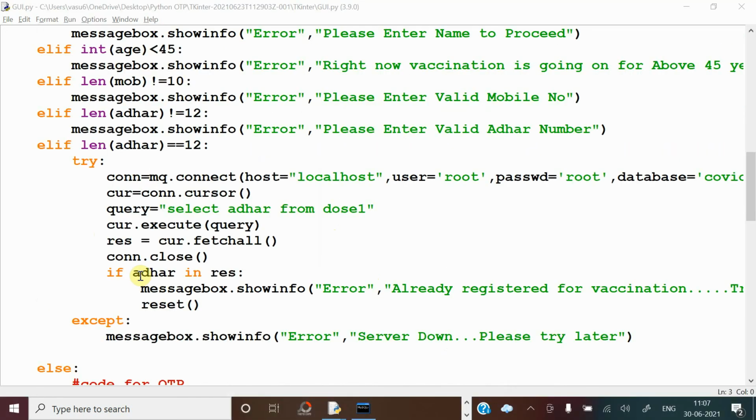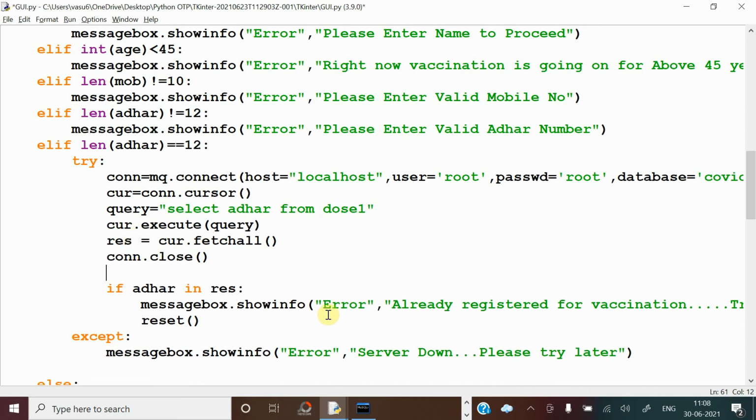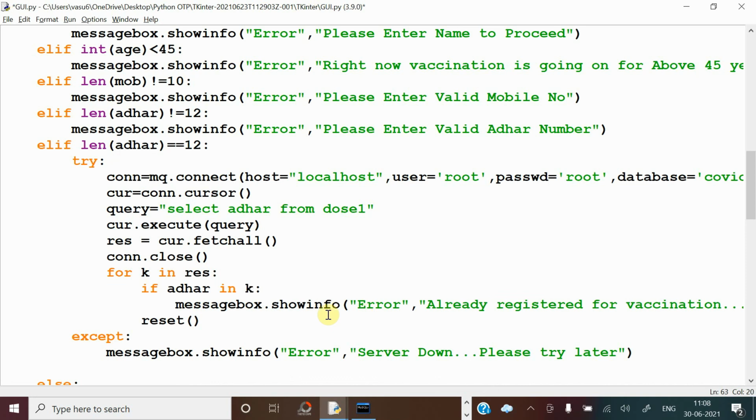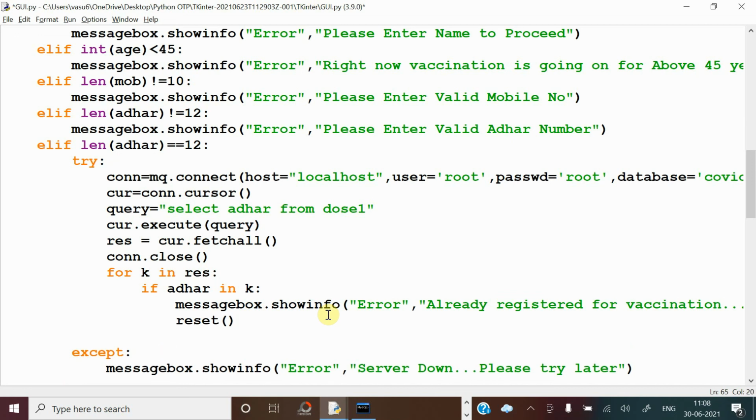Yeah, here we have to check if the Aadhaar is already present. So this result will be a list which contains each row as one tuple. That's why we have to first pick one tuple at a time. After that, we have to check whether our Aadhaar is present in the tuple or not. And after finding it, you have to break. It doesn't need to go further. If Aadhaar has been found, you can terminate. So now let's run this one.